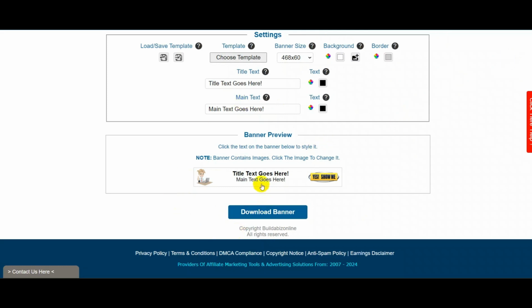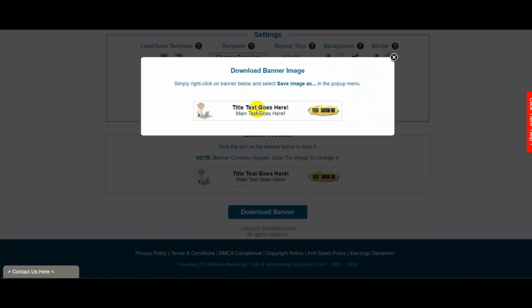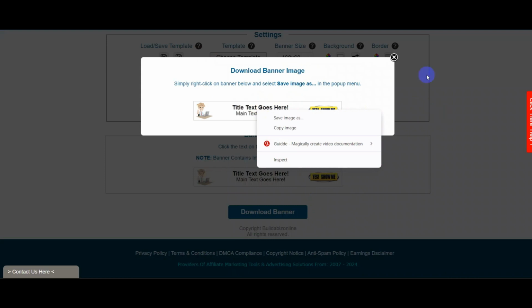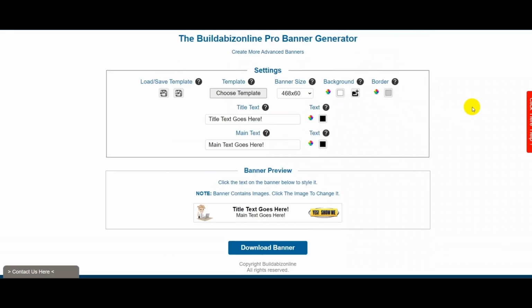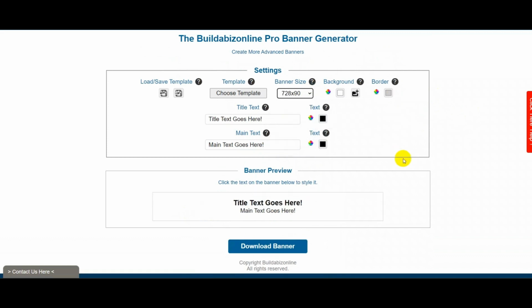Now let us say that we had finished with this, so we're going to download it. Okay. So what we do is right click it and then we save it. Okay. Now another great tool is if you want to keep the same design on a different size, like say that size, and you choose the template,